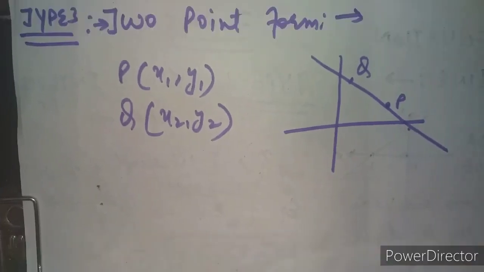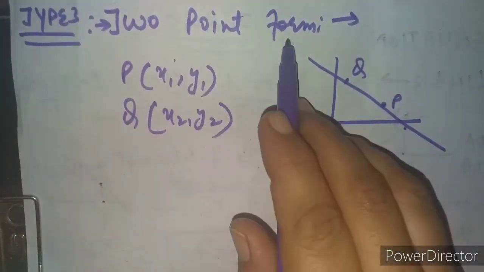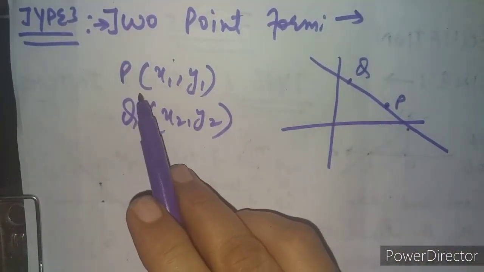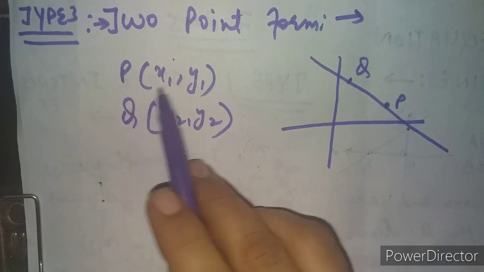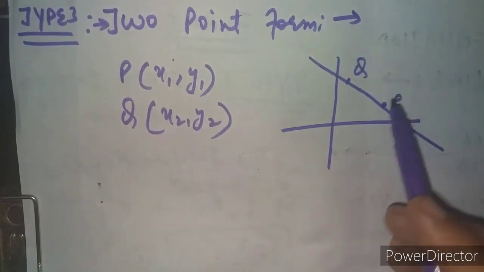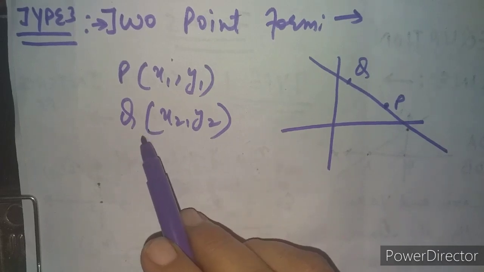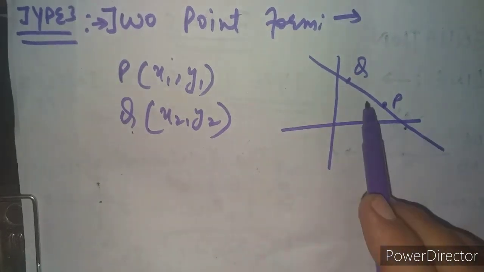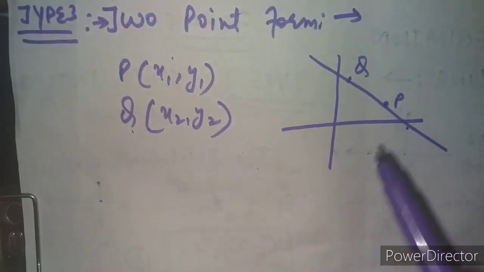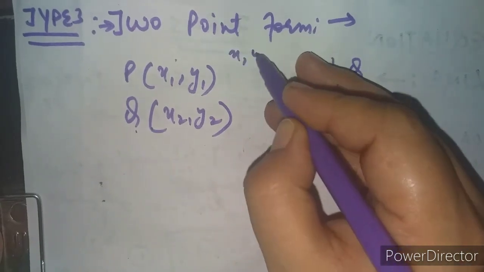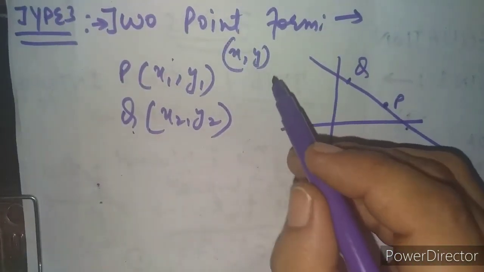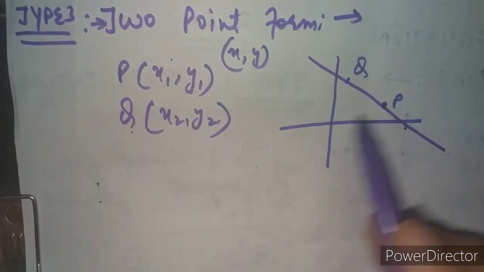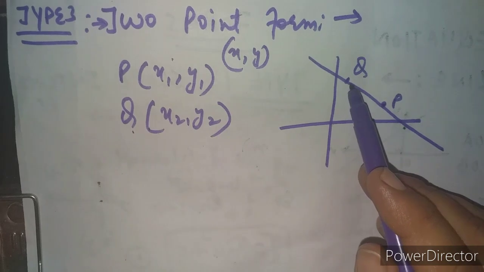Now the third type is the 2-point form. What is the meaning of 2-point form? Instead of a single point like the previous form, we will be given one point through which the line passes, let it be P, but along with that we will be given another point Q also through which the line passes. So here 2 points lying on that line would be provided to us. Along with that there will be a general point which we will take help of while writing the form of the equation. So x1, y1 is the first point through which the line passes, x2, y2 is the second point through which the line passes.